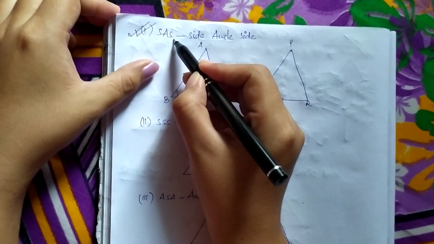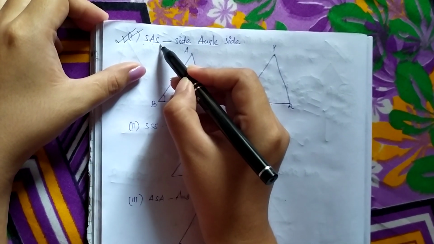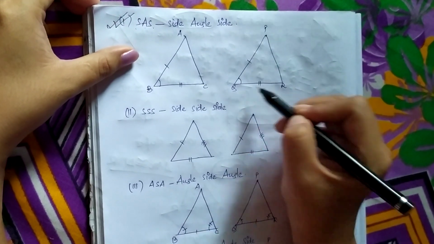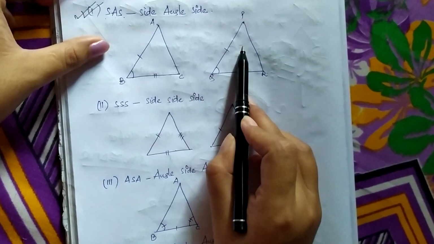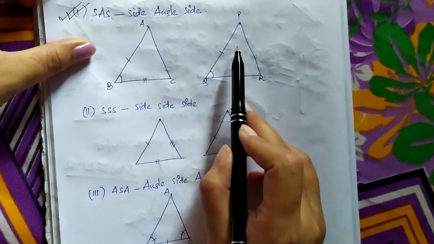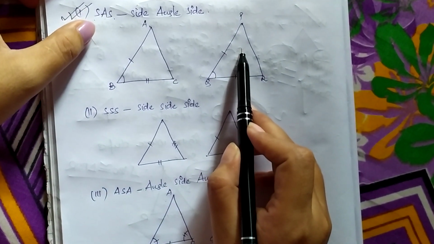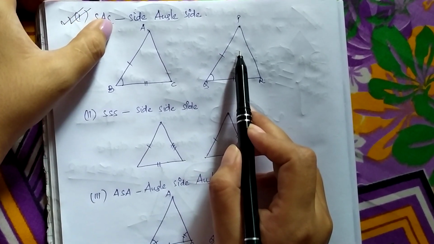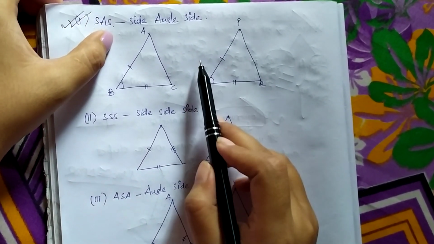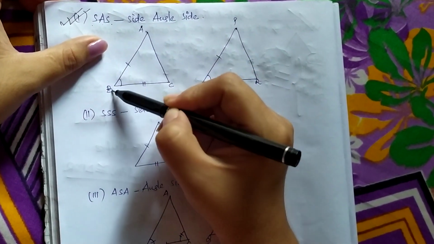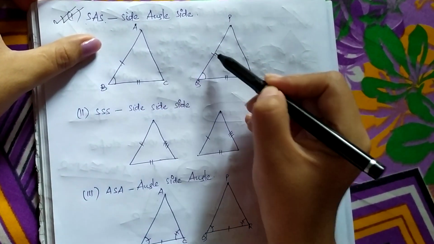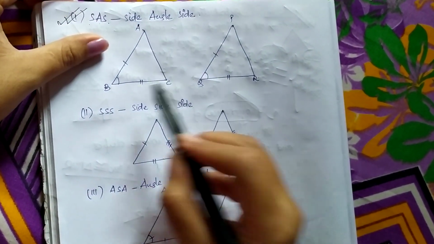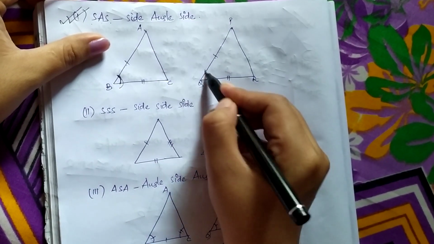Okay, so for this, as we have to prove congruency in two respective triangles, we are assuming two triangles as triangle ABC and let it be triangle PQR. We need to prove congruency on these two respective triangles. Okay, students. So here the first rule is, we need to prove this congruency by the criteria or rule side angle side, this SAS rule. Okay, so in this figure, it is given that the side AB is equal to side PQ and the side BC is equal to side QR. Also one angle is equal. Here what is the angle? That angle B is equal to angle Q.